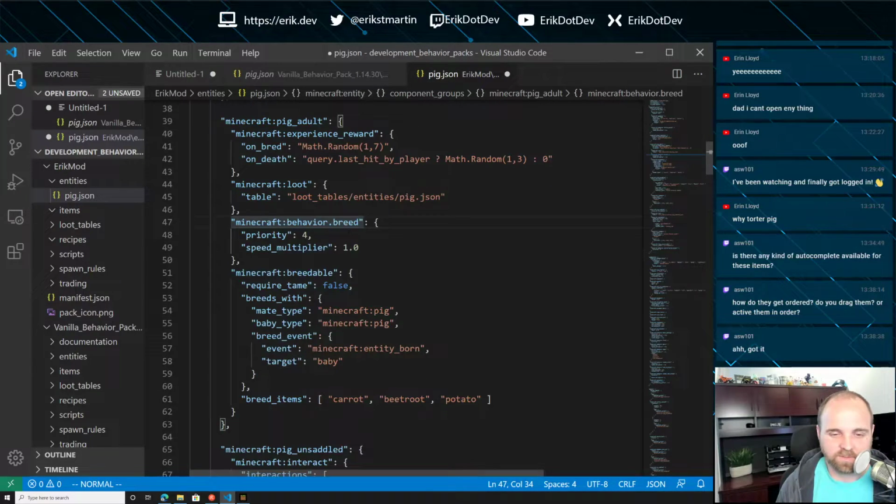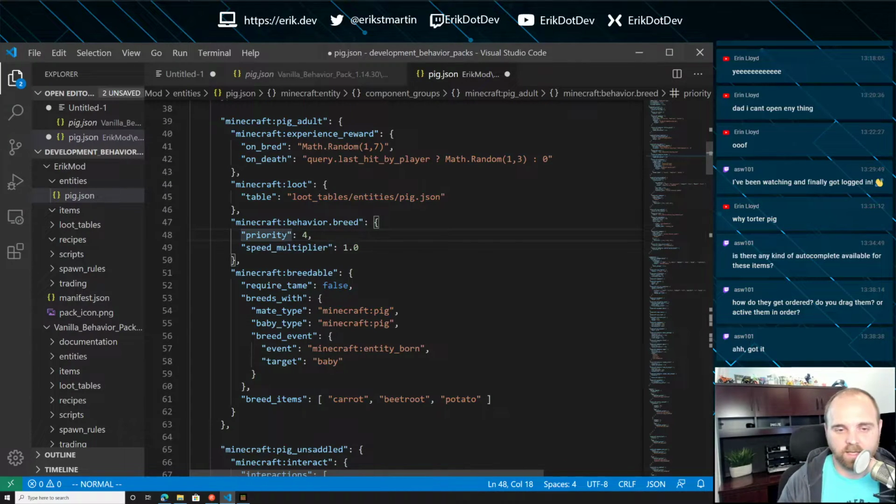We want it to be able to breed. You'll notice in a lot of these components, there's a priority. And what the priority does is, if you think about, say, a pig, right? Well, it may be set to just wander around. But if you attack it, it panics and it runs. Well, now it kind of has 2 things it's supposed to do, and how does it decide which one of those things goes first, right? So that's what the priority tells it,